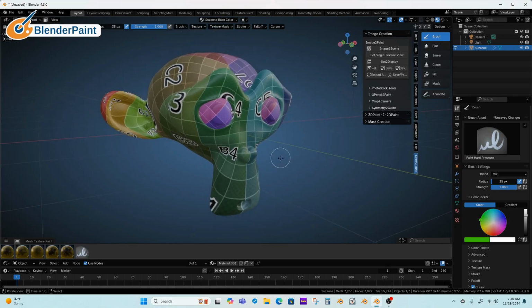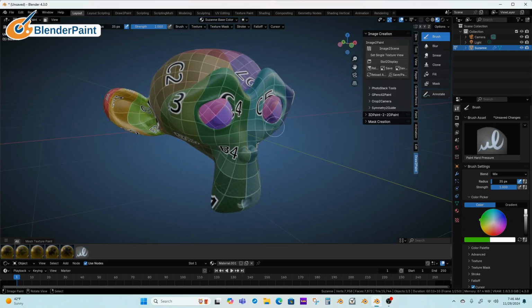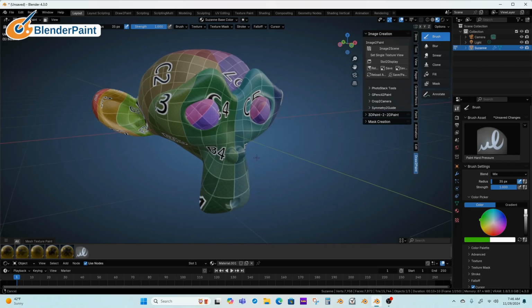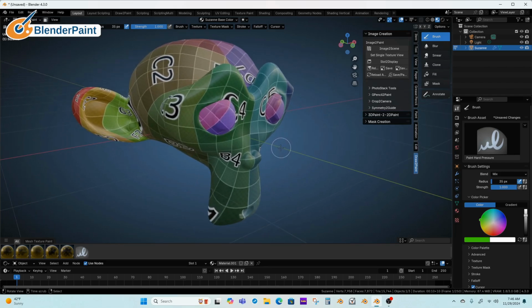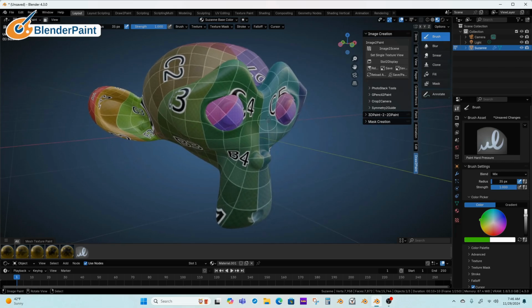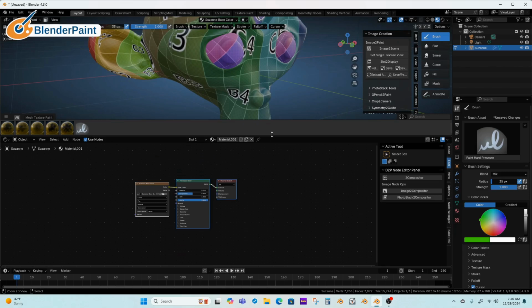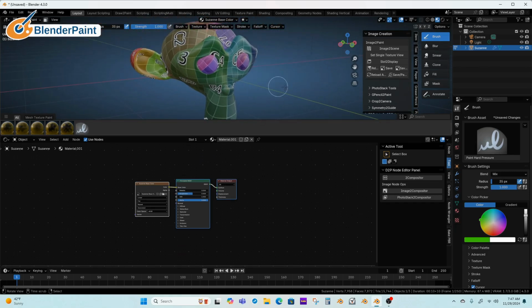Update for Draw to Paint. It is working in 4.3. Everything is working as it should be so far, and I'm hoping I'm not going to have any broken issues. If you find something that's broken, please report it, and I'll try to get it fixed up. Anyway, one of the main problems I've had in the past is you can use Ucupaint